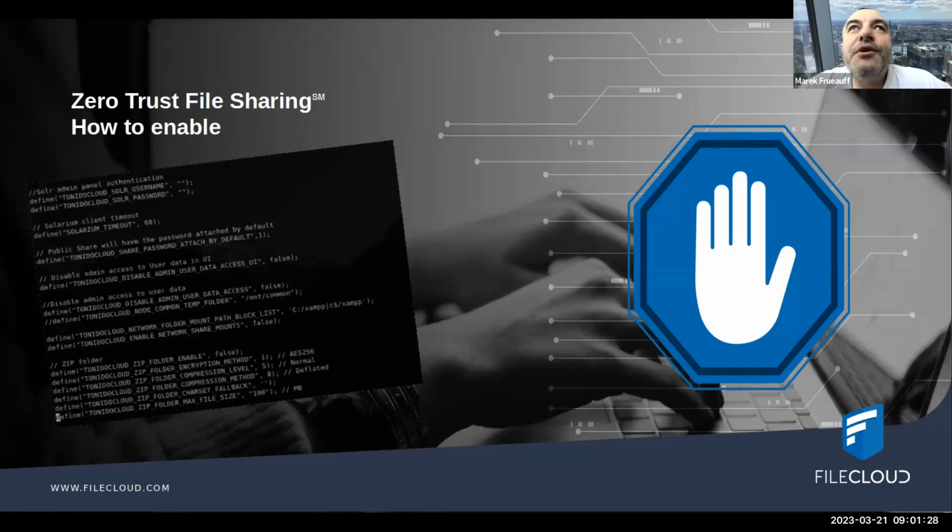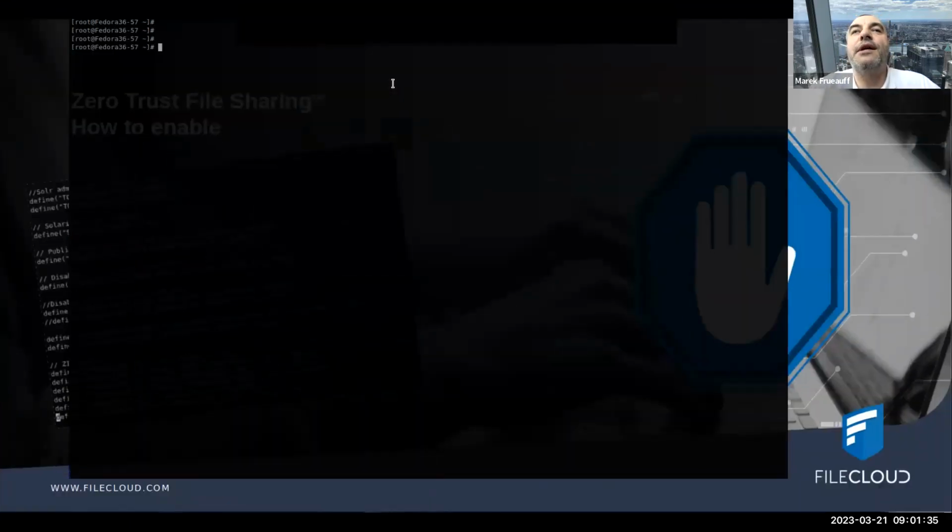So how can this feature be enabled in a FileCloud instance? Let's start with the Linux installation. Enabling this feature requires one change in the configuration files. Here on the screen I have my Linux system where FileCloud is installed. We need to edit one file, which is in this typical location where FileCloud is installed. There is a config folder, and there is a file called